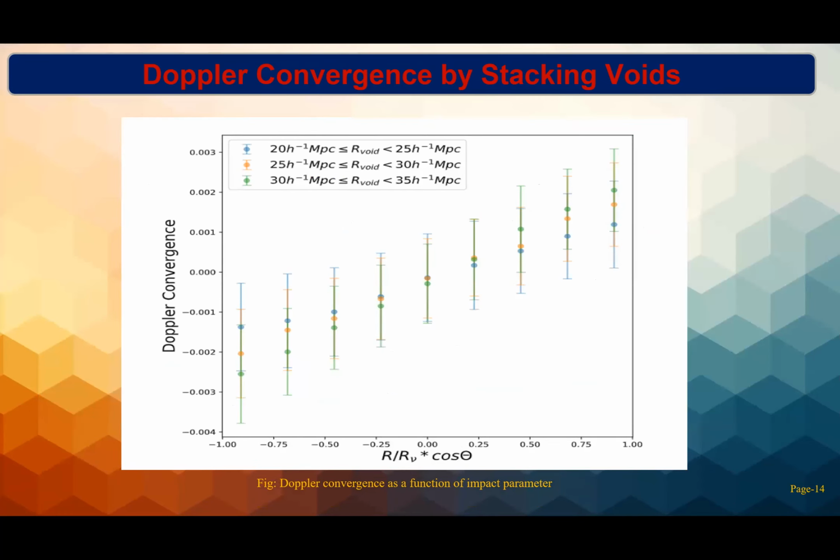Now let's see the Doppler convergence for different ranges of void radii. We have considered three different ranges of void radius for this analysis, and computed the Doppler convergence and plotted it as a function of impact parameters. It is found that the Doppler convergence for different ranges of radii of voids is higher at the edge